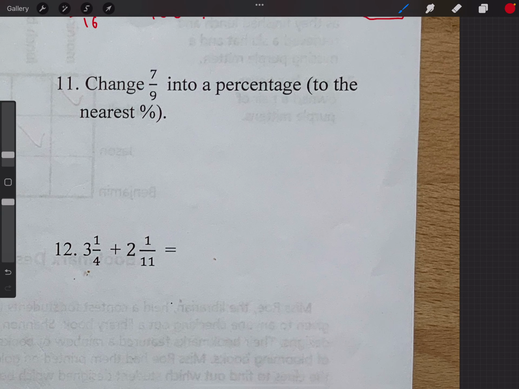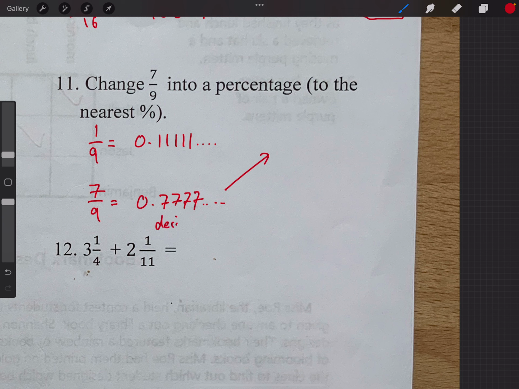Alright, next one says change 7 over 9 into a percentage. Now we know that 1 over 9 is 0.1111, and the 1s go on forever. Okay, so 7 over 9 must be 0.777 going on. Now to change this from a decimal to a percentage,